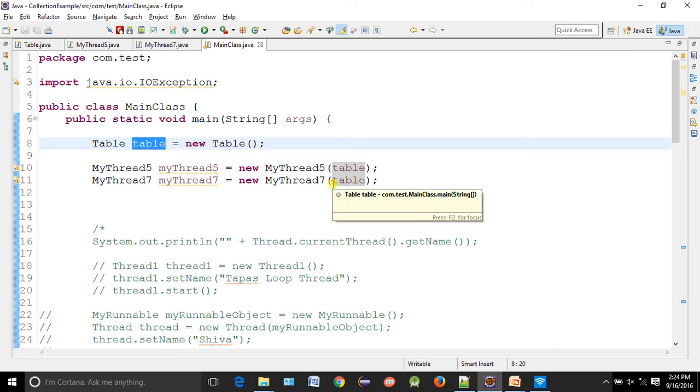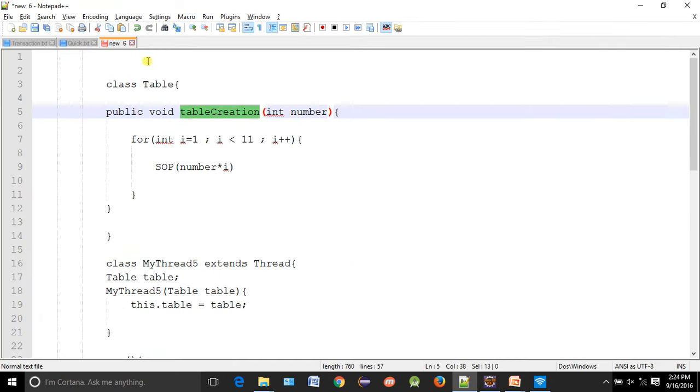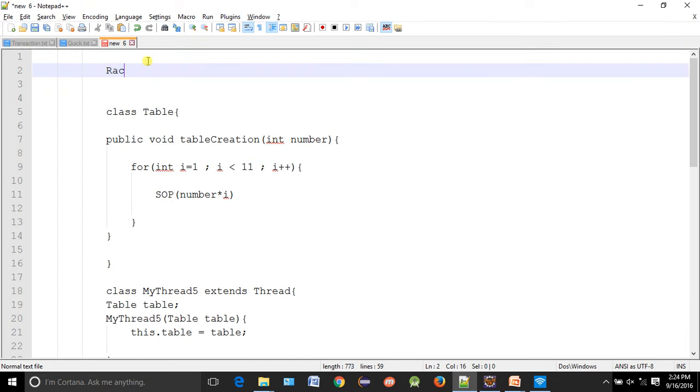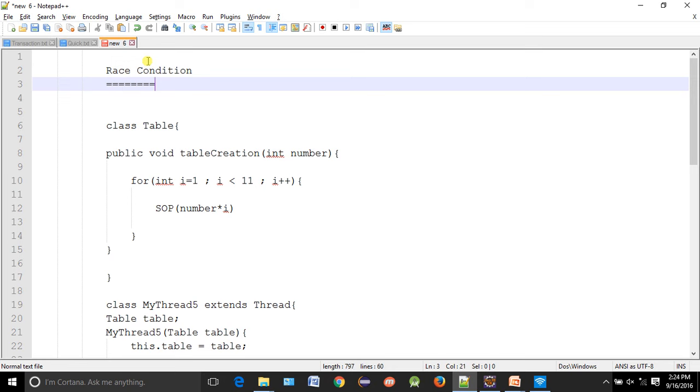I think you might have studied this in your college, right? So what is race condition? Both the threads are fighting for this resource, and that is called race condition. So note it down, race condition. What is race condition? Race condition is nothing but